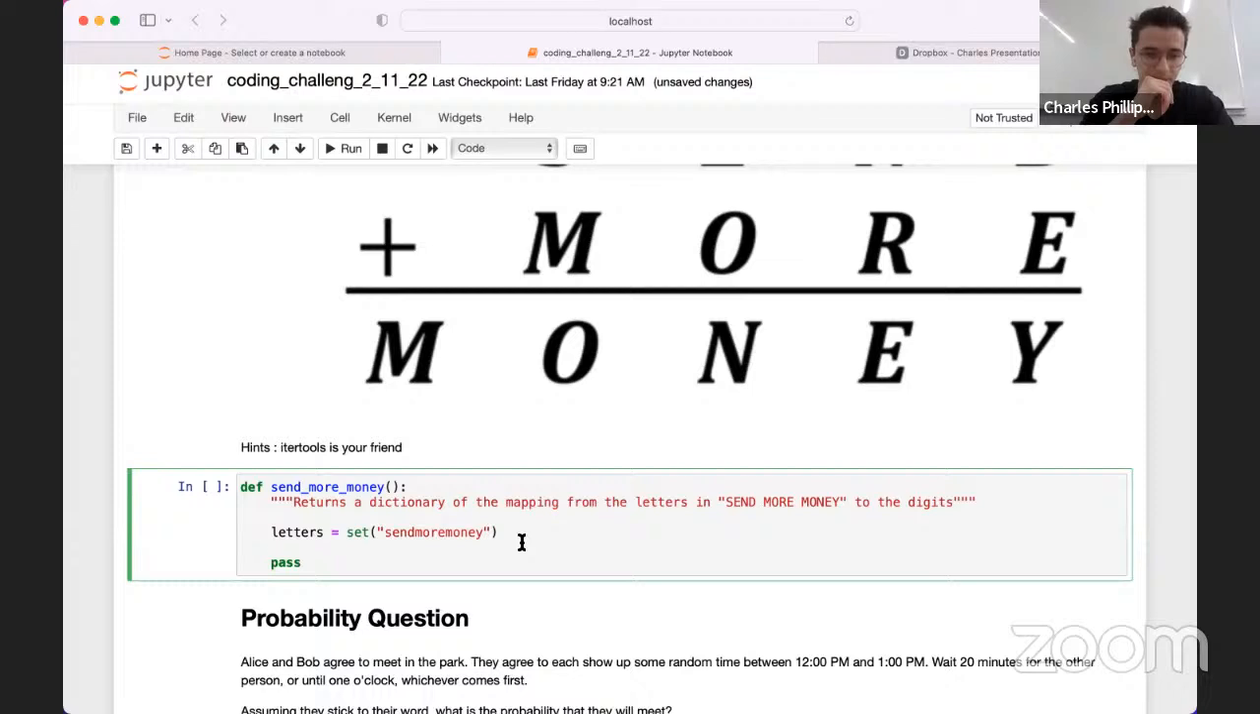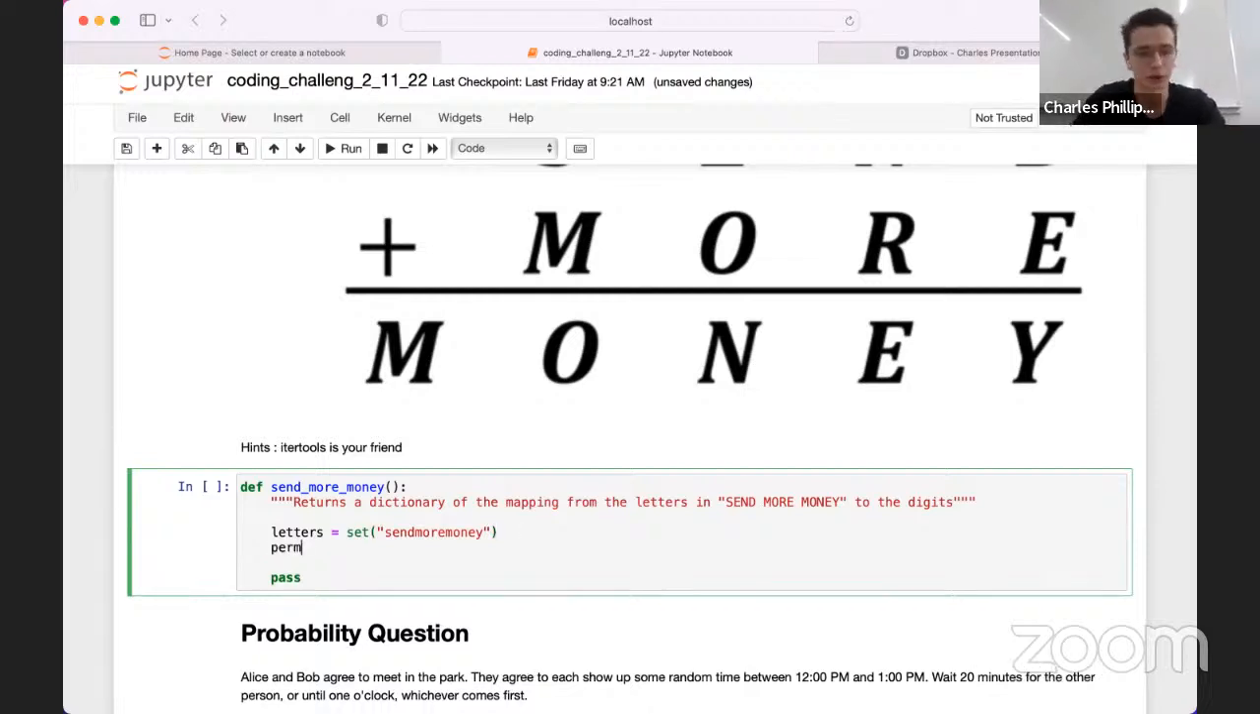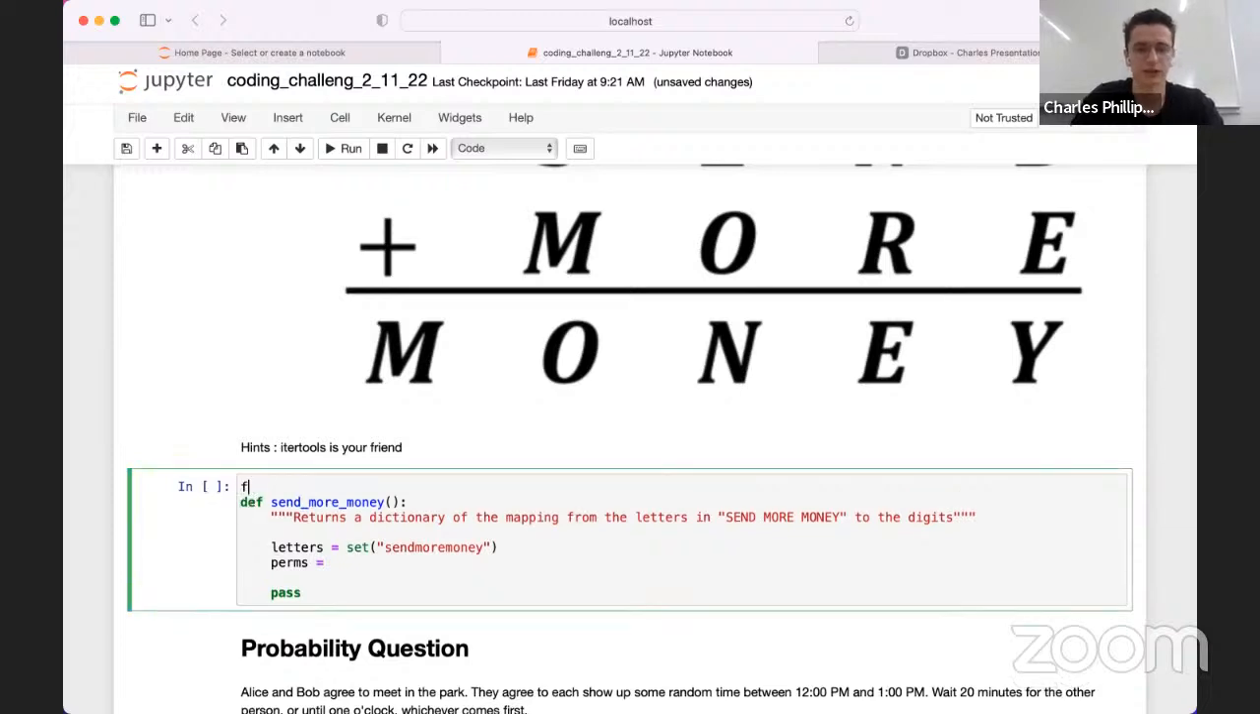The next thing we want to do, my hint is, the idea is to generate every possible mapping and just test if the mapping works. So I need to generate every permutation of the digits 0 to 9 and map them to the letters in send more money. To do that, I'm going to say perms, and I'll have to import itertools. So I'm going to say from itertools import permutations, and perms is going to be equal to permutations